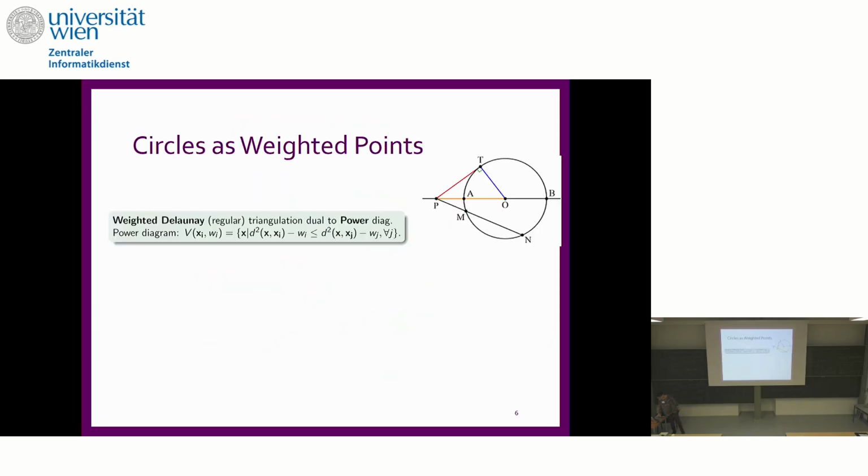Okay, so we are interested in circles as weighted points, and I will just remind the definition of power of a point with respect to a circle. So given a circle, the power of this point P with respect to the circle would be simply the tangent length squared that you can see there. That would be the same thing as Pm times Pn, so nothing really